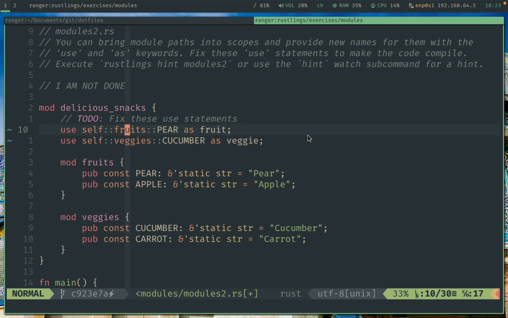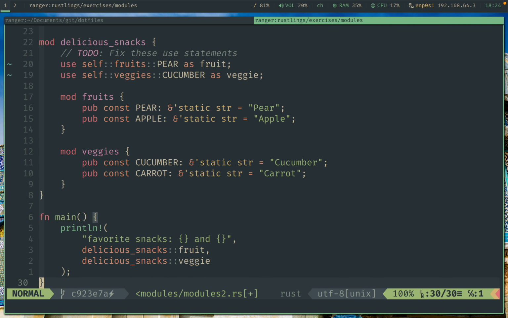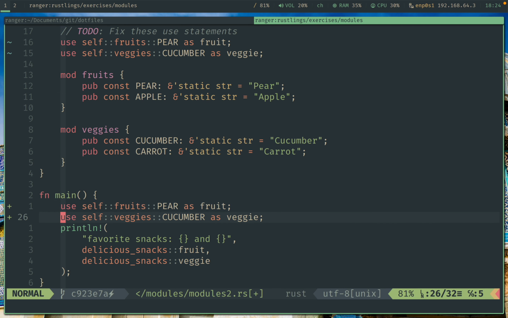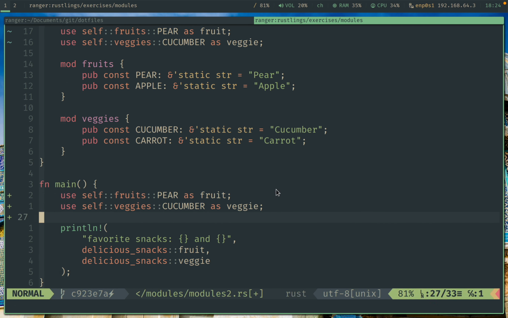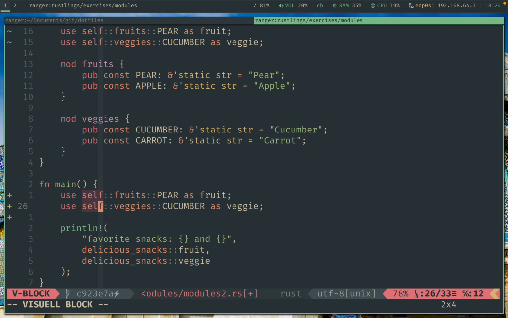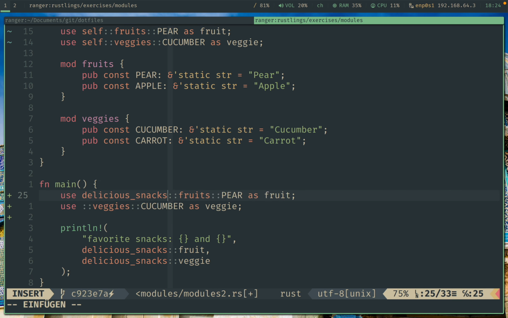So if I copy that, I will go over here and print it, or I will copy it into here. As you can see, we first have to actually write here delicious snacks, because we are accessing it from outside, we cannot use self. And then what we basically need to do is